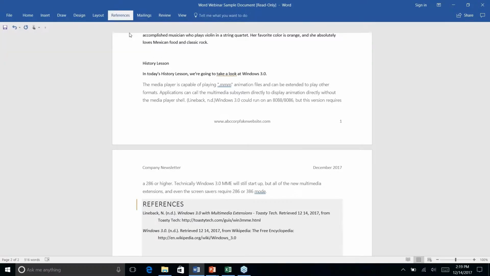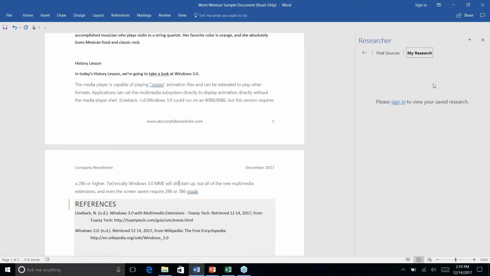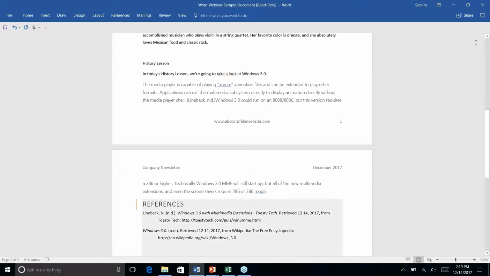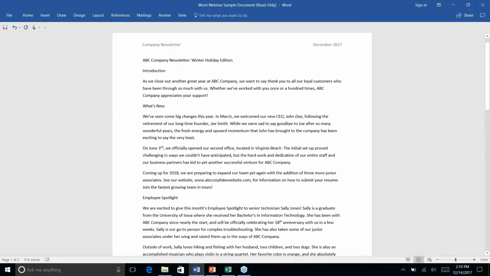If you need to go back into it, go back to Researcher, and you can even see my research. You do have to log in to either your Outlook account or your Microsoft account to be able to view saved research, but once you do log in, you do have the option to bookmark research that you have used before. So that is extra handy, especially if you have sources that you really love, that you want to